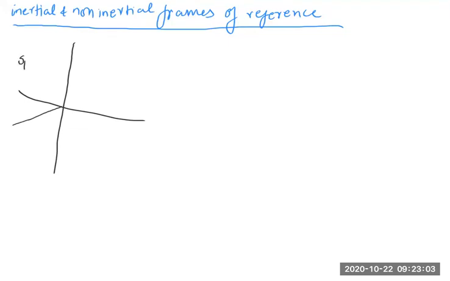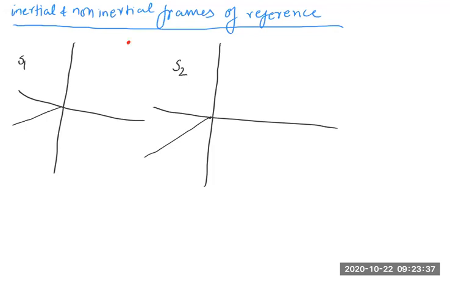I will call it S1. It is some observer S1, and then this is the frame of reference of some other observer. Let's call it S2. अब ये दोनों क्या कर रहे हैं कि ये एक पार्टिकल को ऑब्जर्व कर रहा है, ये रहा पार्टिकल। तो जब S1 ऑब्जर्व करेगा तो बोलेगा देखो ये पोजीशन वेक्टर है पार्टिकल का, लेकिन जब S2 ऑब्जर्व करेगा तो बोलेगा नहीं ये पोजीशन वेक्टर है पार्टिकल।